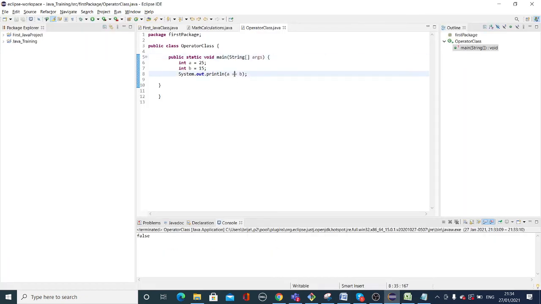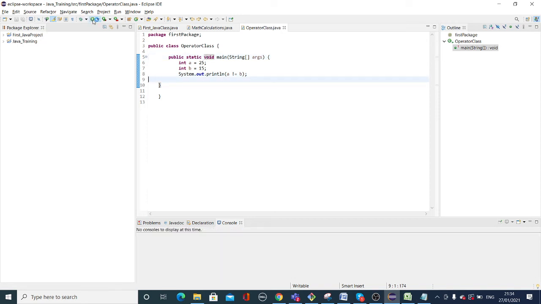So I can just change in here. In this case, int a equals 25, int b equals 15. System.out.println a not equal to b. Yes, it is not equal, so it will say true.